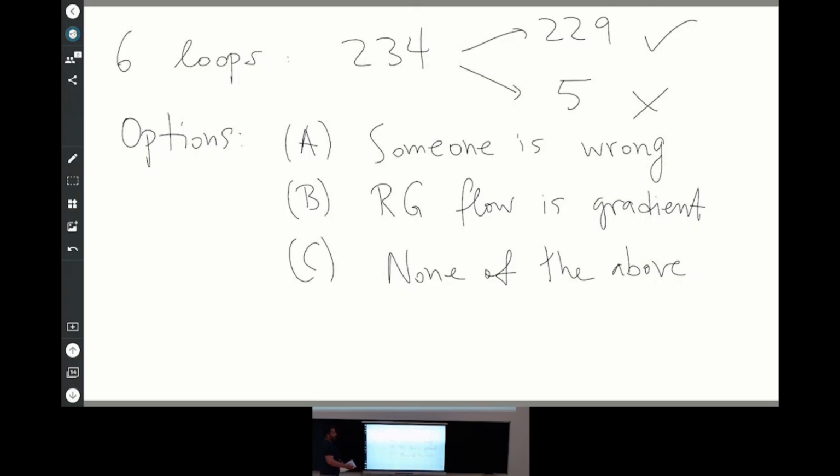So, the right answer is that the RG flow is gradient, at least to this order that we have checked. But that it's not because anyone is wrong. This is correct. The beta function is not gradient, but the RG flow is gradient. And what I want to discuss, well, unfortunately, maybe I don't have too much time to discuss this, is how that happens. So these beta functions were computed in dimensional regularization, and we all learn